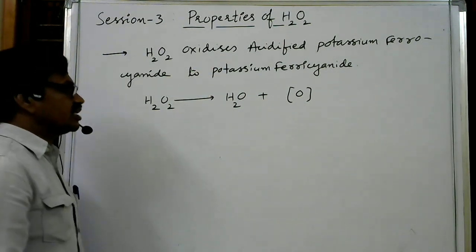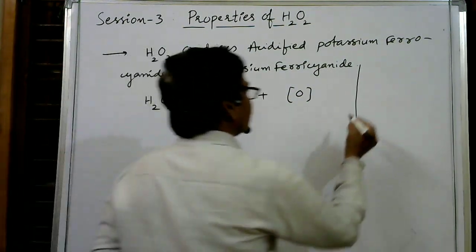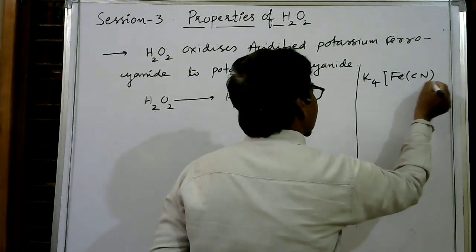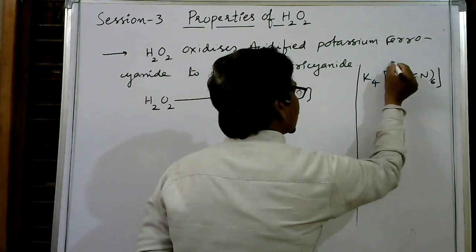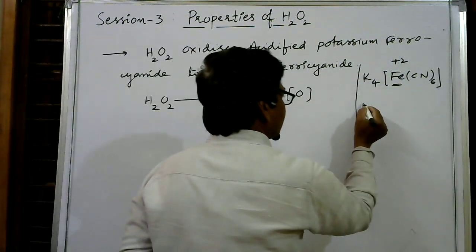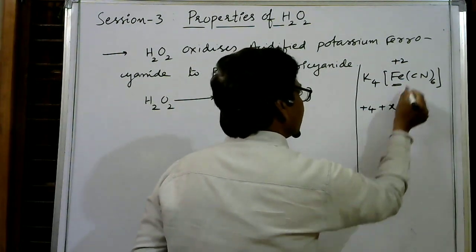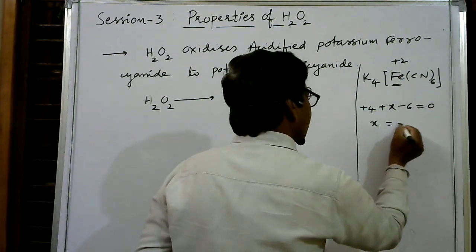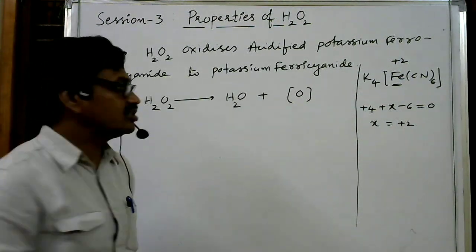Now, potassium ferrocyanide I should know. So first of all, you should know writing formulas. Potassium ferrocyanide is K4Fe(CN)6. This is potassium ferrocyanide because here the oxidation number of iron is plus 2. As per redox reaction concepts, each potassium carries plus 1 charge, so 4 potassiums give plus 4. Assume the iron as X, and each cyanide carries minus 1, so minus 6 equal to 0. So X equal to how much? Plus 2. Plus 2 iron is always ferro. Plus 3 iron is ferri. So this is potassium ferrocyanide.